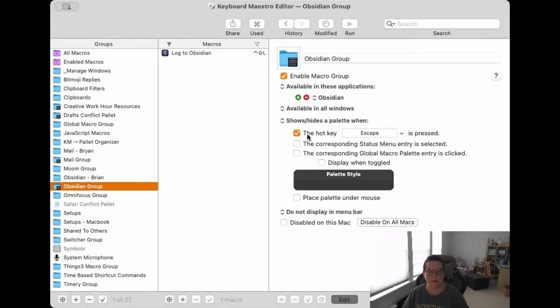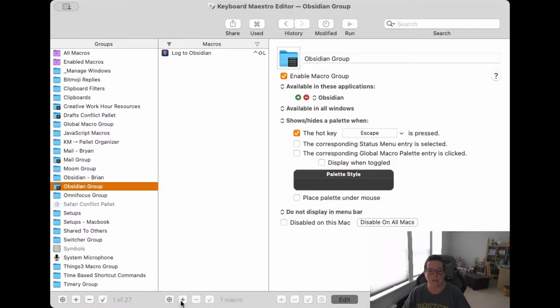Let me go ahead and start sharing here. My Obsidian group open. There we go. I promise later in the series we will do a couple of Keyboard Maestro expansions. But you can notice here is my Obsidian group for Keyboard Maestro. So just like with how we could select at the beginning of setting a group for text expander, we could decide whether or not we wanted it to fire only in specific applications. You can do the same thing in Keyboard Maestro. You use folders or groups to do that. Within the group, you can create different macros to do different things.